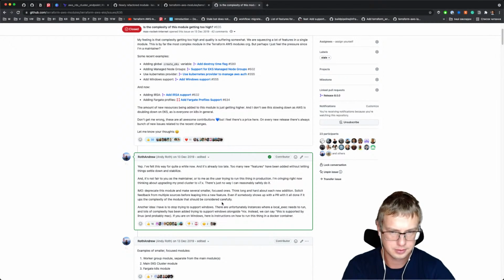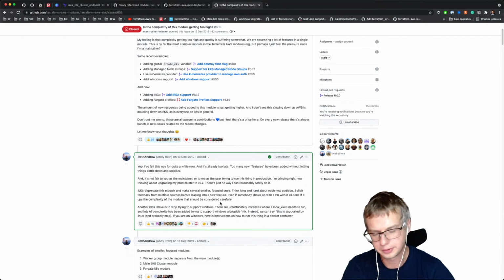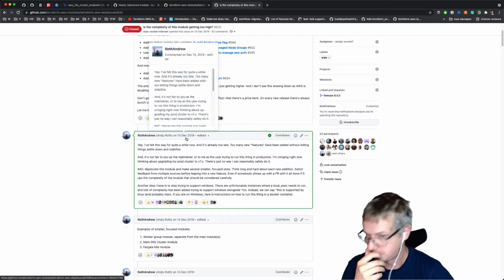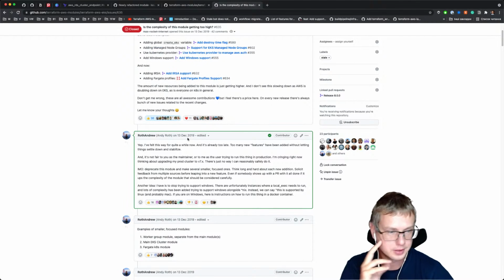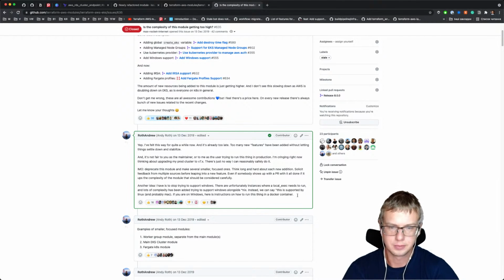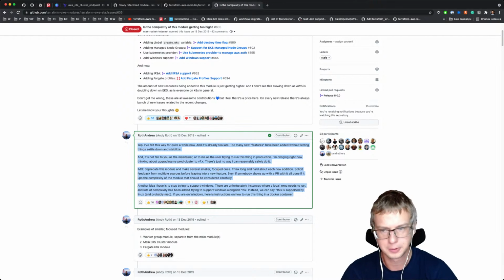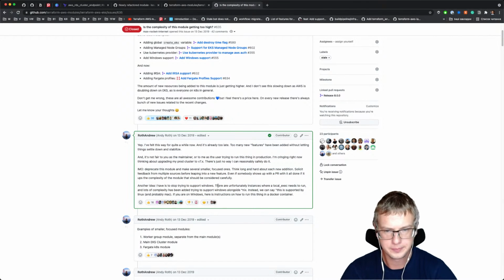0.12 released. So this module has a lot of legacy features, a lot of workarounds which were implemented over time. So many people are using this module, including Andy, who wrote this comment almost 2 years ago. 2 years is pretty long, I have to say. So most likely this comment is not relevant in many ways because it was 2 years ago, so we need to think carefully. But some of these points are very, very